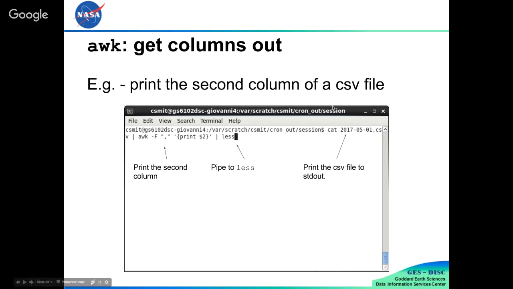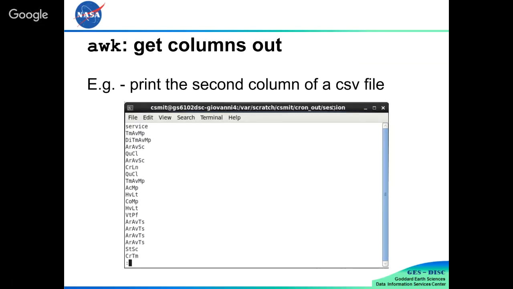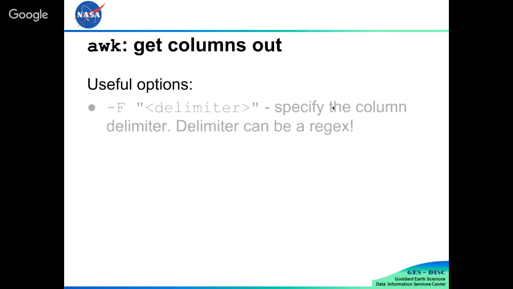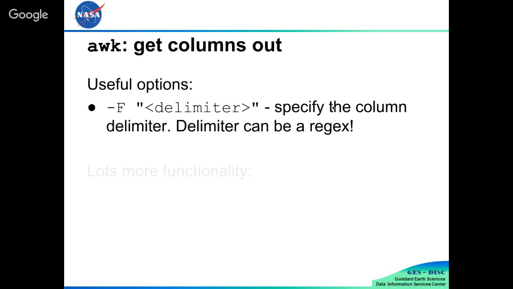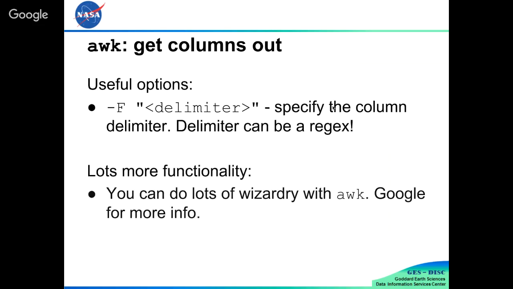You can pipe it to less if you want to, and you'll see stuff. And -F by default, I think it uses white space, so you can set the delimiter, and the delimiter can be a regex. Another one of those things that I didn't know before Monday. It's got tons of functionality. Feel free to Google. And again, Marcin was the one who told me that this can be a regex, which is super cool. I think you can do for loops in there, and who knows what else. Awk is very powerful.